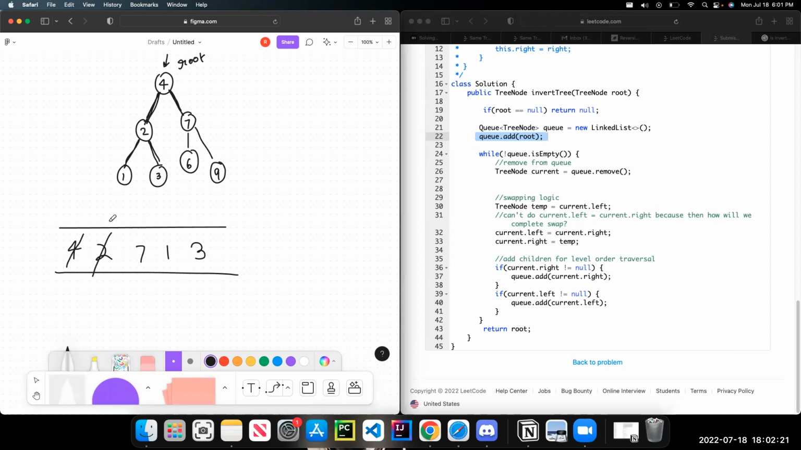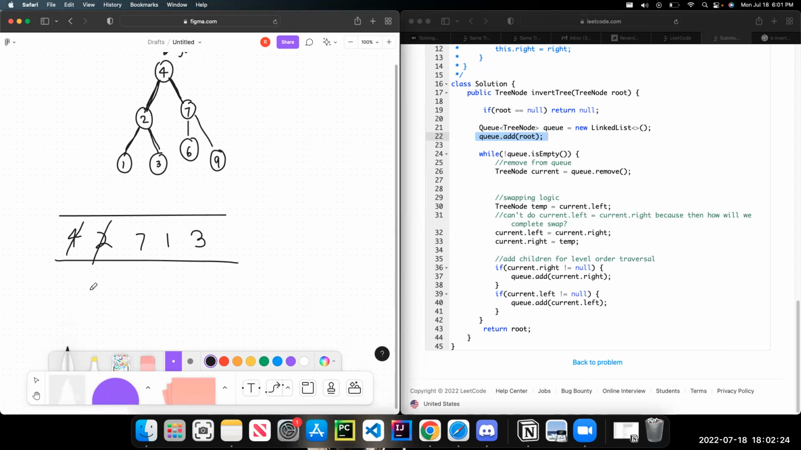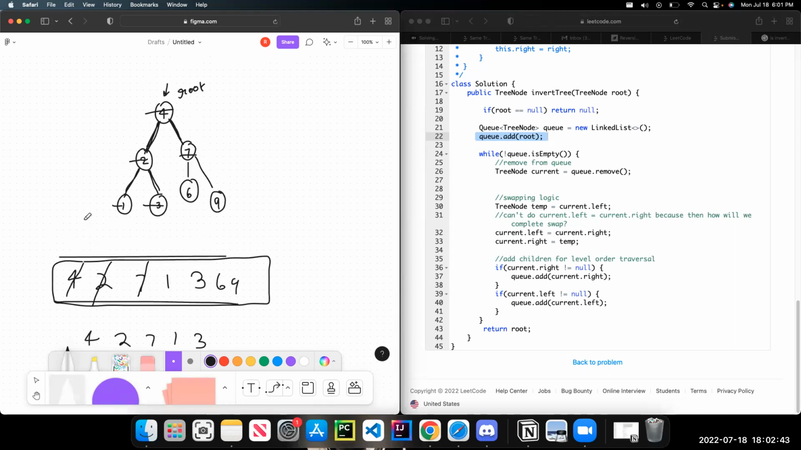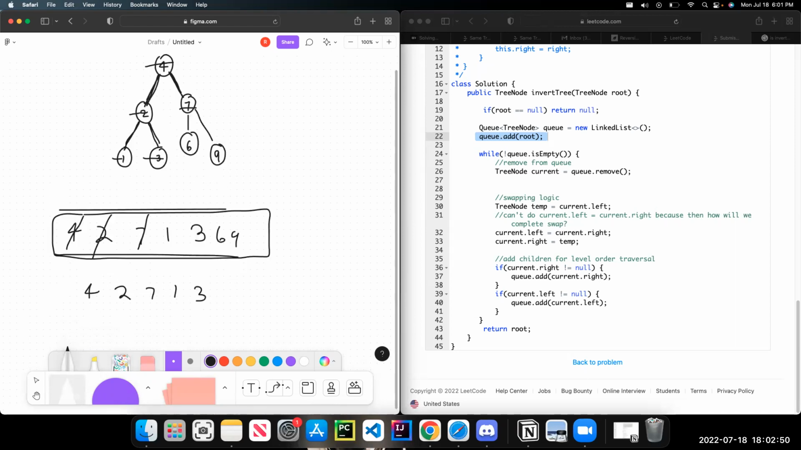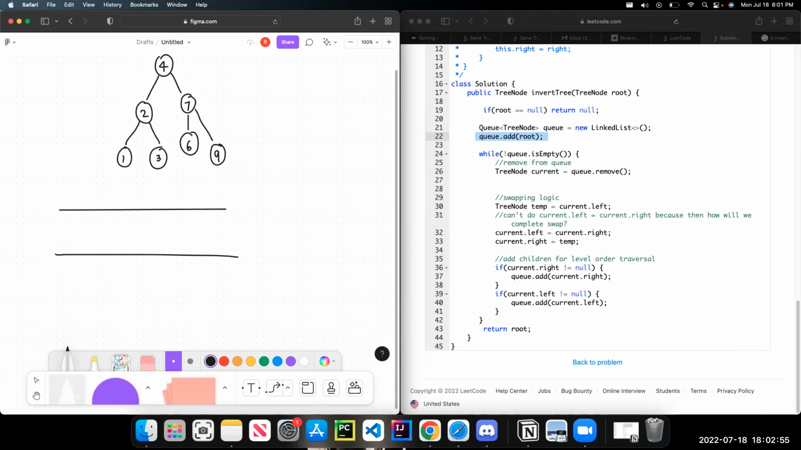If you were to print these while you're sort of taking them out, you can see we get a pattern here. It's 4, 2, 7, 1, 3, right? So if you repeat this process, let's suppose we remove 7 now, and then we'll add 7's children, 6 and 9, right? You can see this entire 4, 2, 7, 1, 3, 6, 9. So you can see that that's basically how the level order traversal works, but we're gearing this towards